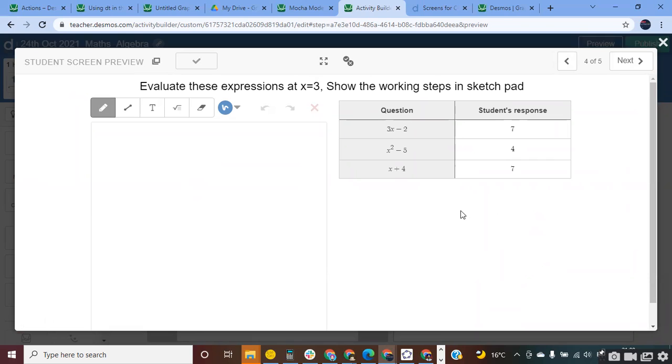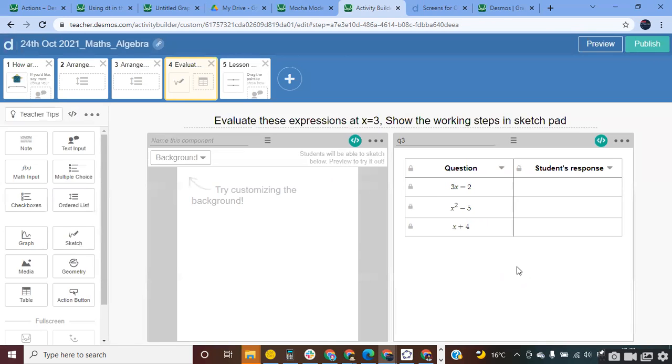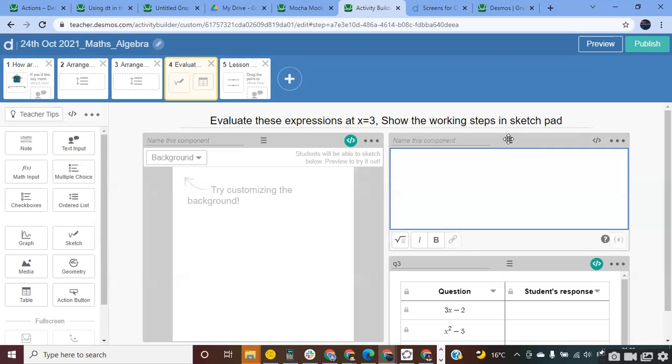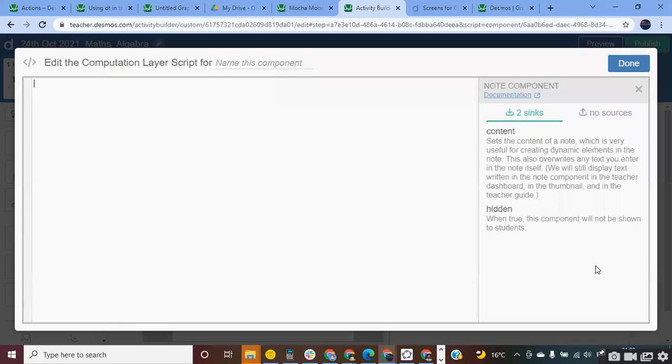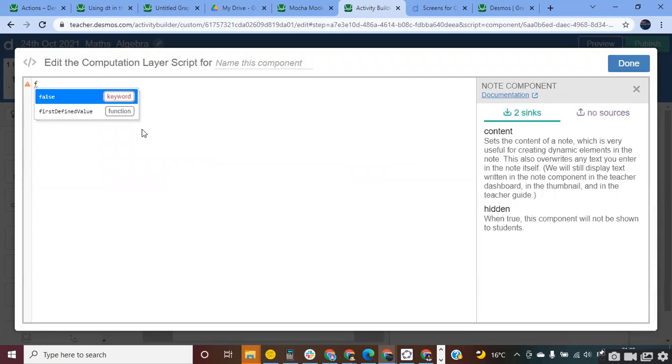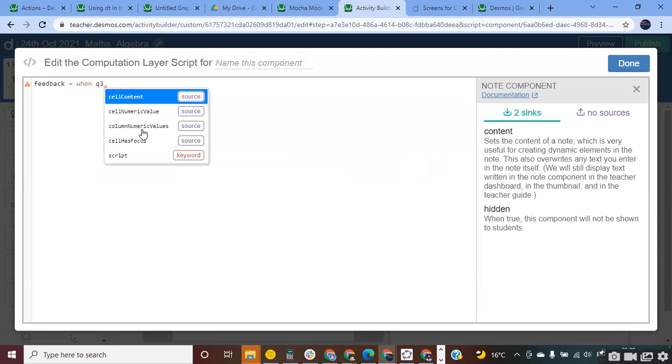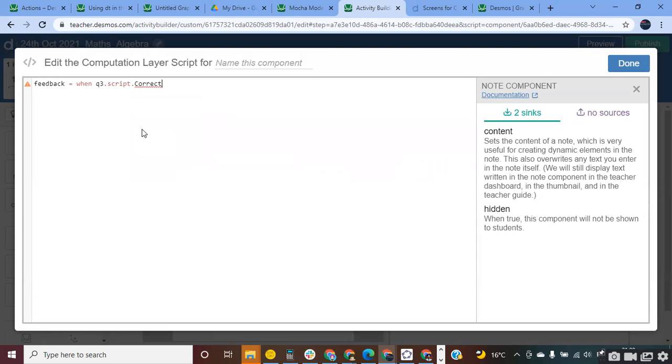Now we can also add the feedback if you want. And to add the feedback, as I said before, add a note, and maybe you can move it down, go to the edit computation layer, create a feedback thing, a text, similarly a variable. What should be the condition? When the label q3 dot script is correct.